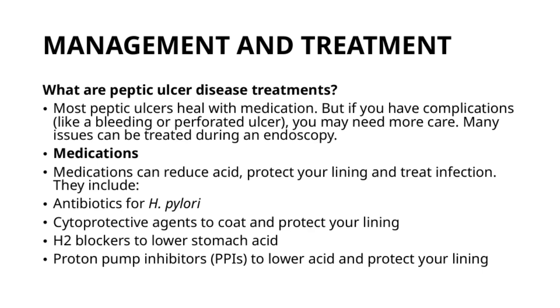Now let's talk about the medications involved. These play a crucial role in healing and managing symptoms. First, antibiotics are used to target Helicobacter pylori, which is a common cause of peptic ulcers. Then, there are cytoprotective agents, which help protect and coat the lining of your stomach, creating a barrier against acid and irritants. We also have H2 blockers, which work by lowering the amount of acid your stomach produces. Similarly, proton pump inhibitors, or PPIs, are another class of medication that significantly reduce acid production and help protect your